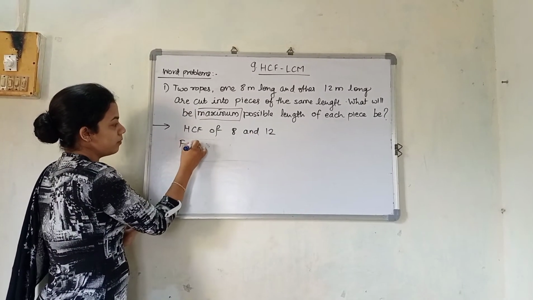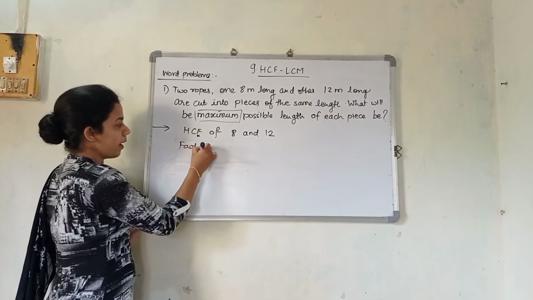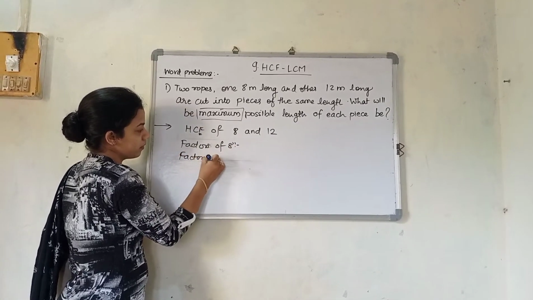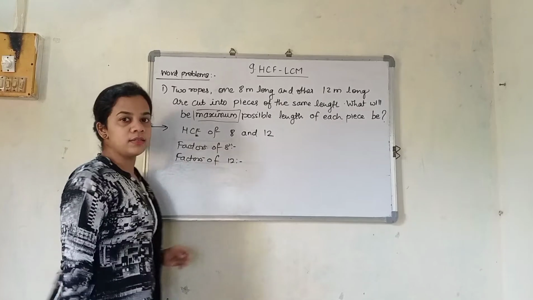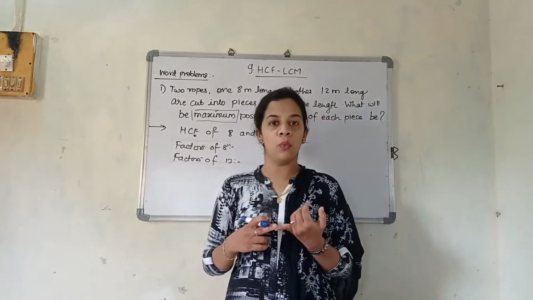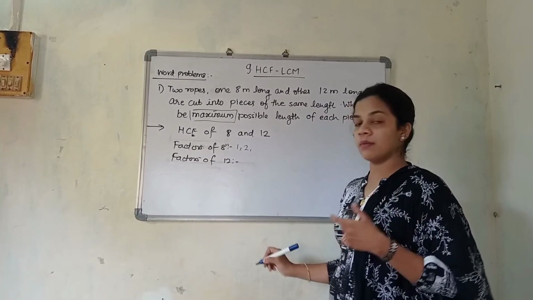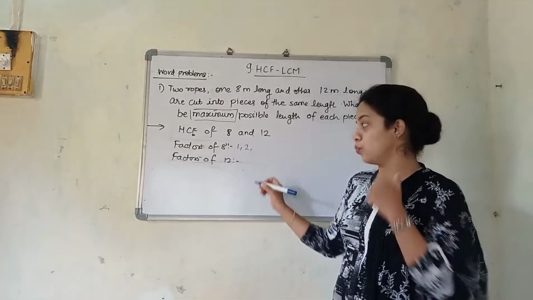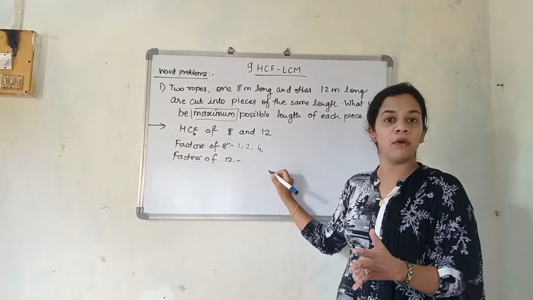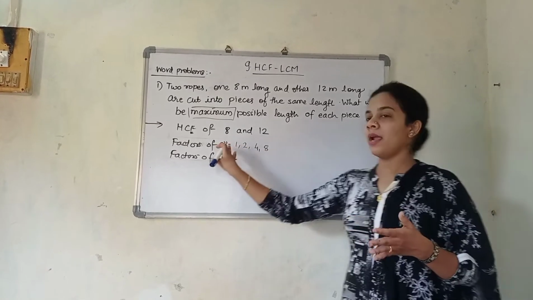First you are going to write down the factors. HCF means you first find the factors of 8 and factors of 12. What are the factors of 8? Yes, the numbers in whose tables 8 occurs. For example, in 1's table 8 occurs, so 1 is a factor. 2, yes, in 2's table 8 comes. 3's table, no. 4's table, 4 twos are 8, and directly it is half of 8. In 5's and 6's tables you will not find 8, so directly 8 will be the next number. So in this particular number 8 occurs.